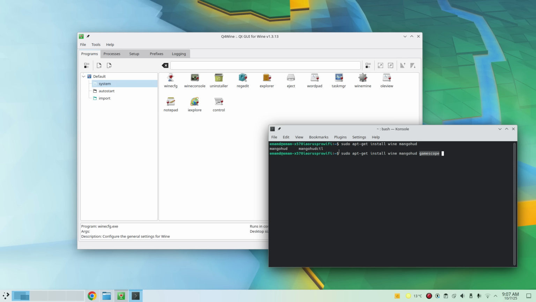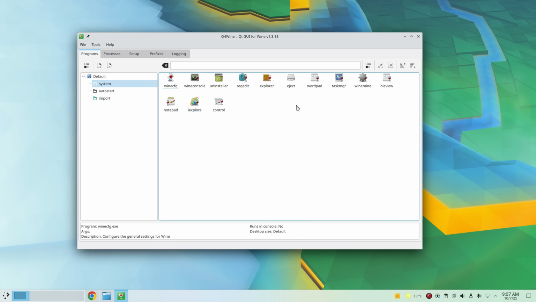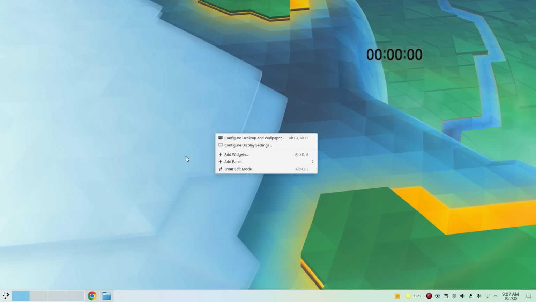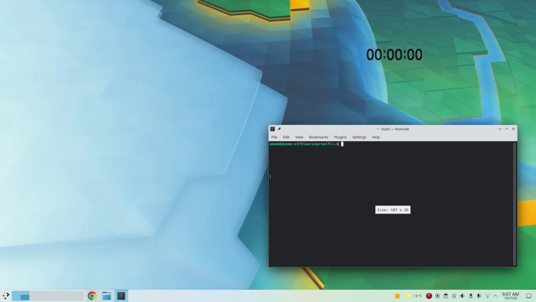But install all these program dependencies. So these are the dependency programs. Once it is installed, you are ready to go. Let's say now I close this, and then I just want to show you how I do it, because I